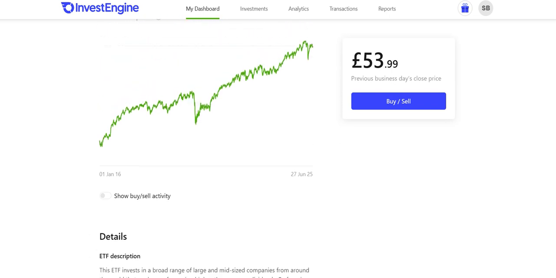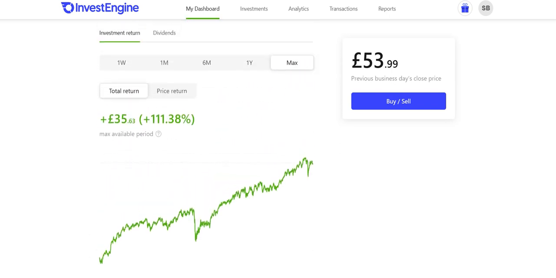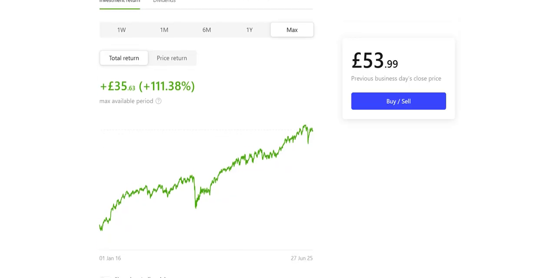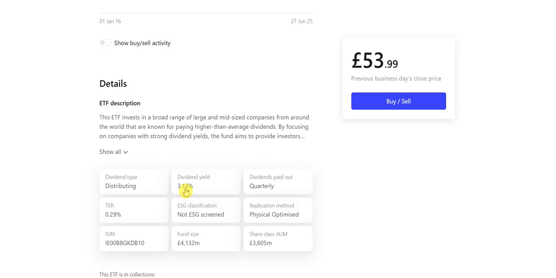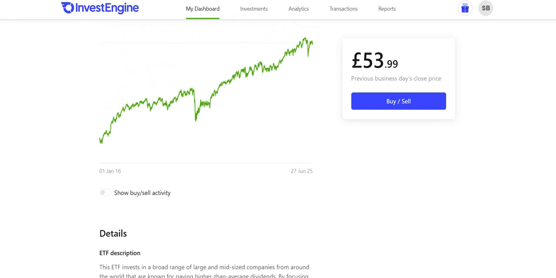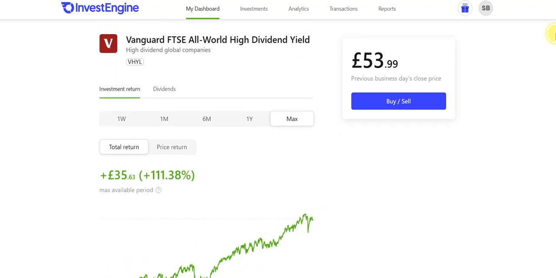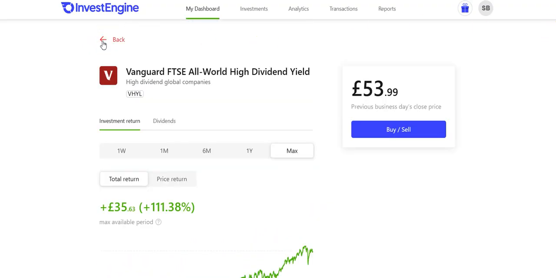I'm a big dividend fan actually, because say you're having a down market one year, say you've invested in all these four like I have on here, so the S&P might not do very well, the Nasdaq will do worse than that, the all world will do bad, but not as bad as the other two probably, but the dividends, at least you're still getting your 3%. So I'm a big fan of dividends, but I'll do another video going into more detail on dividends, and especially dividend growth.